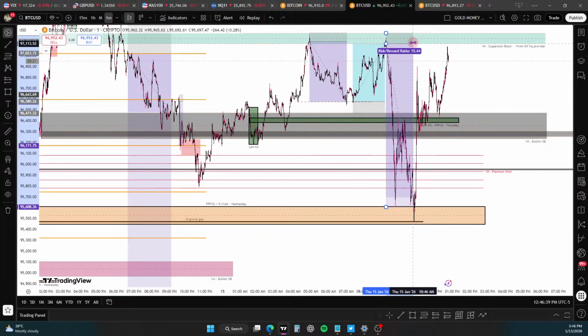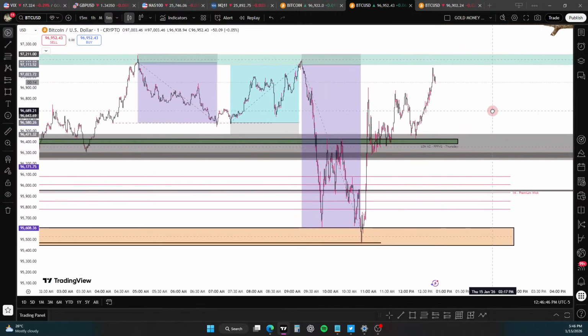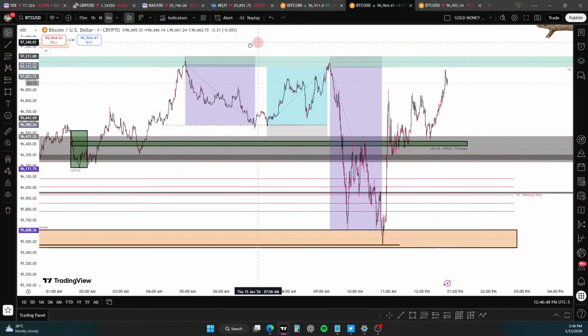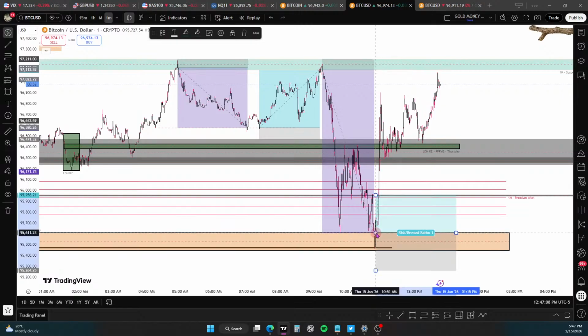Look at this algorithmic delivery. It gives you the entries. That's the most incredible thing. The entries are there. It gave me the entries. Look at this move, from here to these lows, to the consequent encroachment of that, to this orange box, to these highs. Fascinating. The algorithm definitely knows and can enter on these.